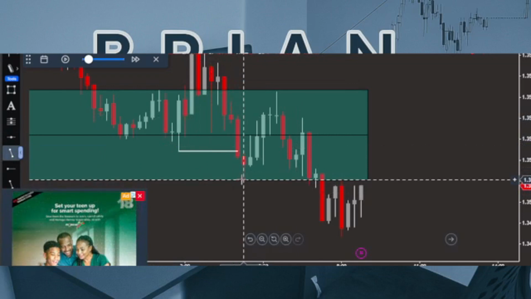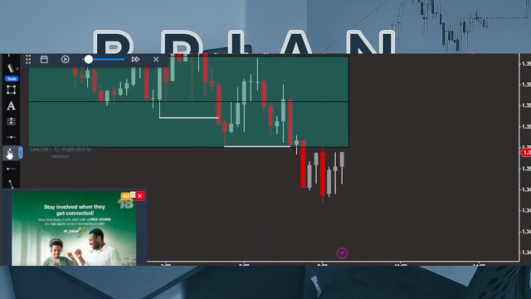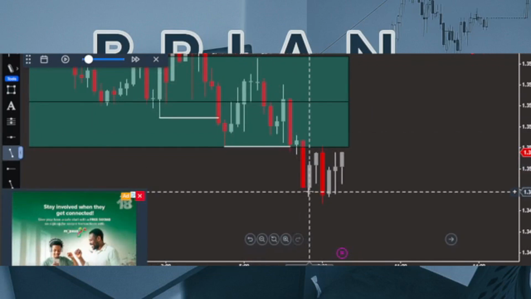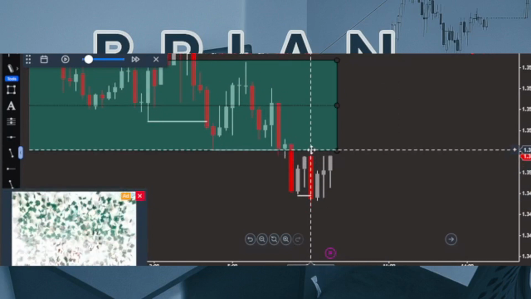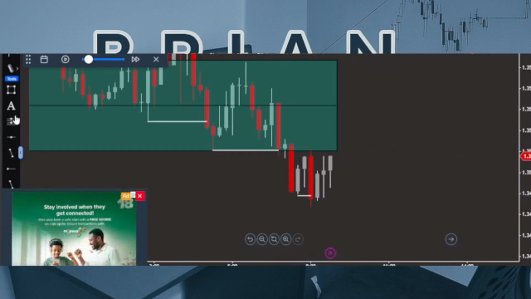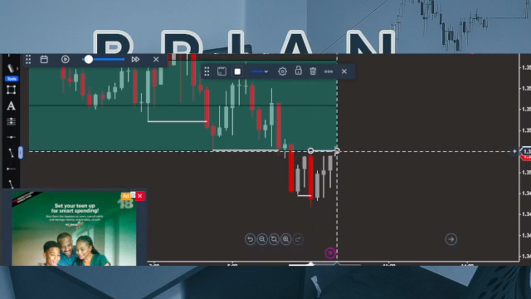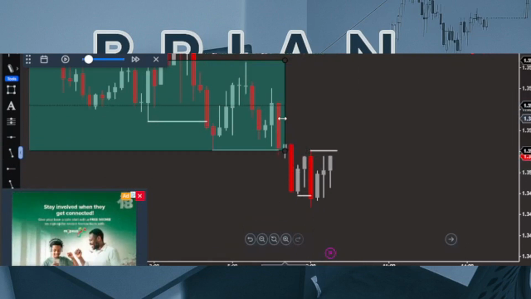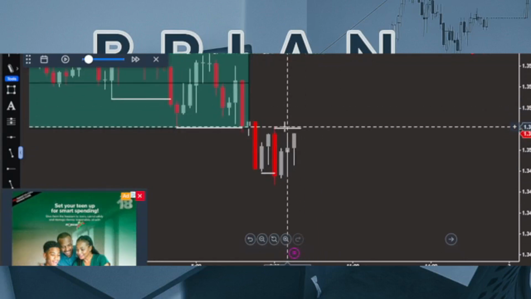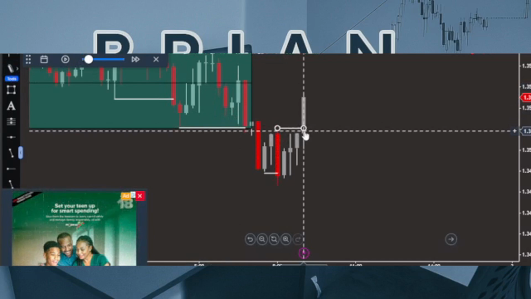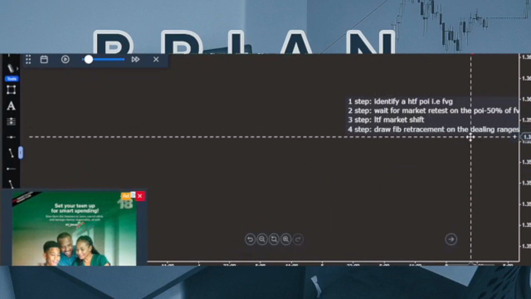We have this another one, and we have the last one being this. So by market crossing above this structure high, we have a market shift just below the 4 hour fair value gap. Now we have a market shift right here, and the next step is to draw the Fib retracement on the